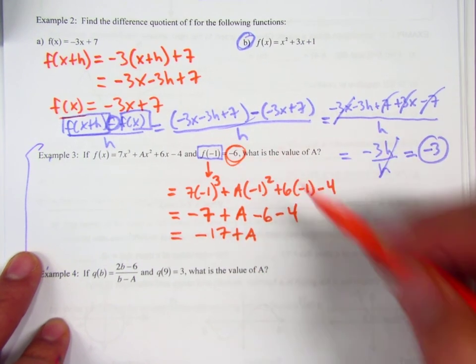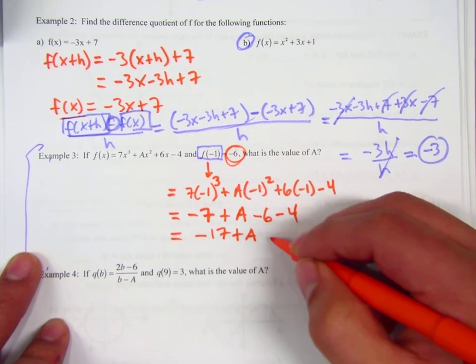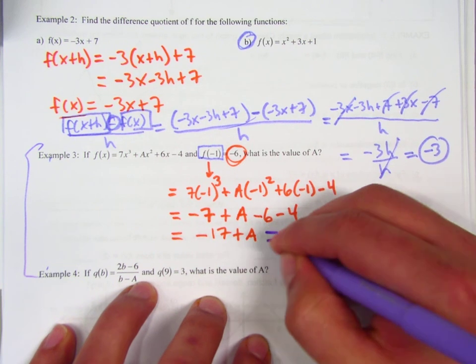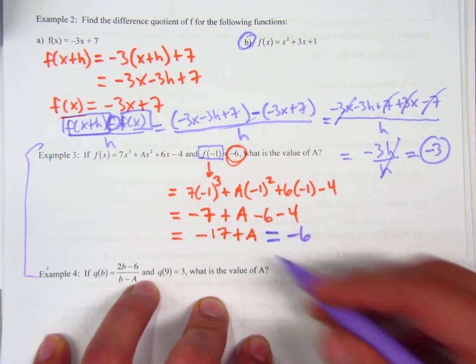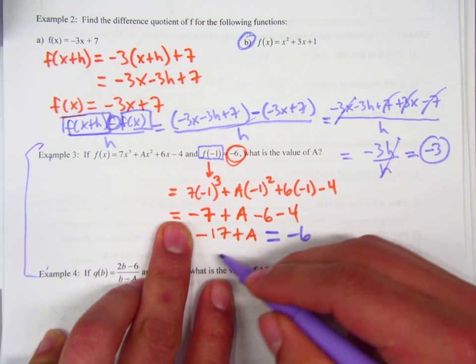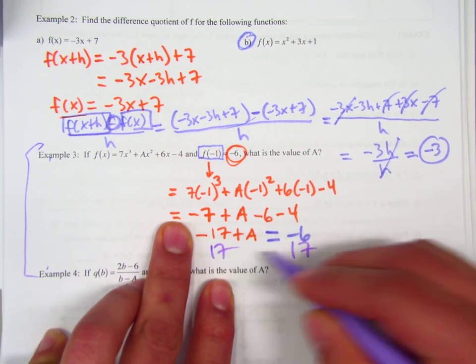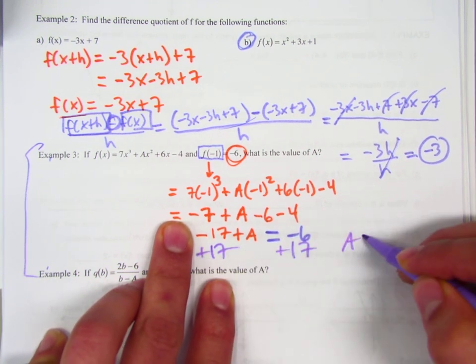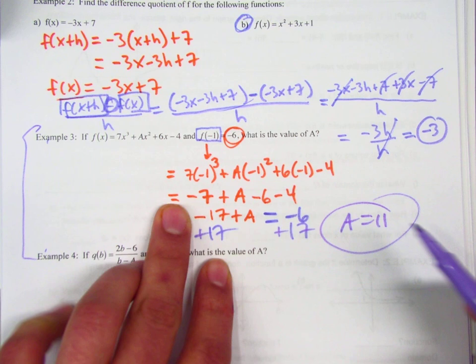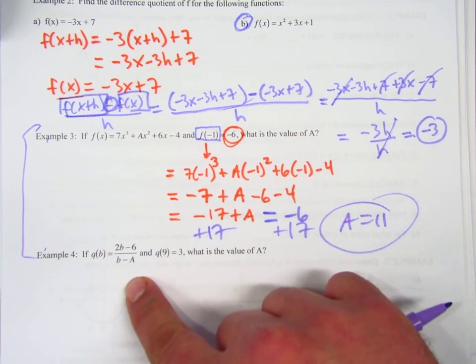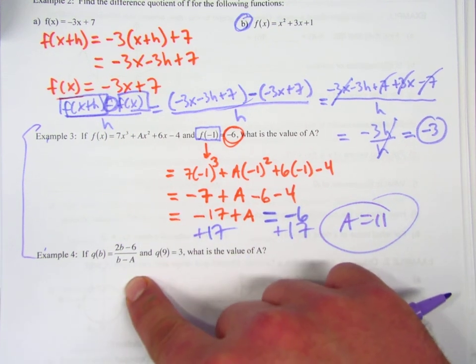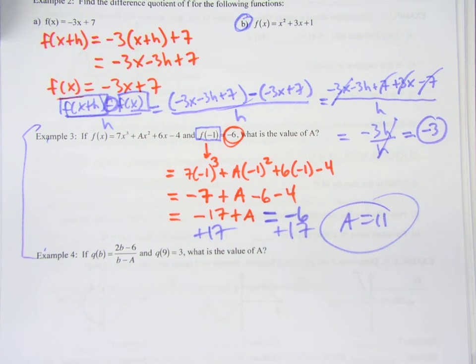What is it supposed to turn into eventually, though? So what we're going to do now is set it equal to negative 6, because that's what it needs to be, right? So how do you solve for a? Good. Yeah, you just add 17 and you get 11. That's correct. Okay? Did that make sense for that one? This one's similar. Okay? Just a little bit different looking for the function, but same concept. So instead of taking up the time, I'll just end the notes there. And you guys have